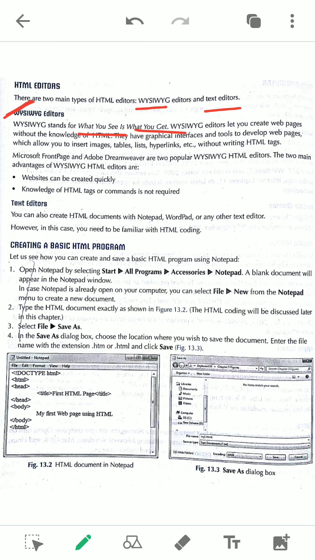These are the kind of editors used to create web pages without the knowledge of HTML. Without knowledge doesn't mean that you don't have any knowledge about HTML. You must have a little bit of knowledge, but using such an editor you can develop very easily.